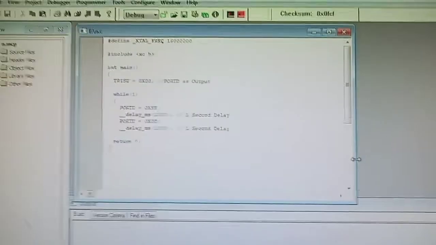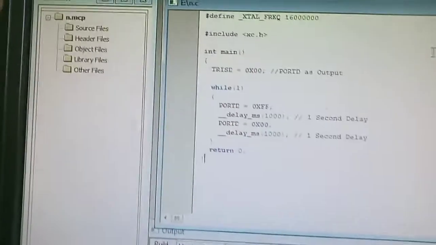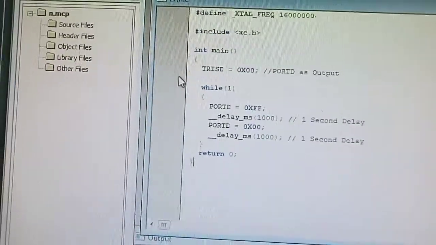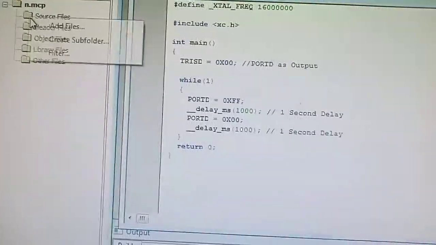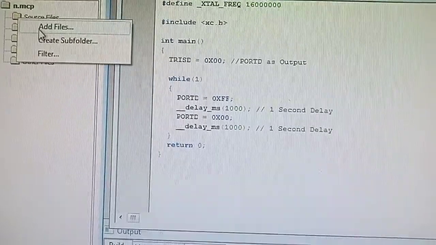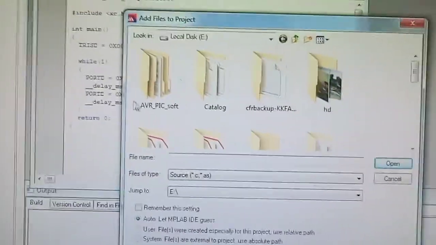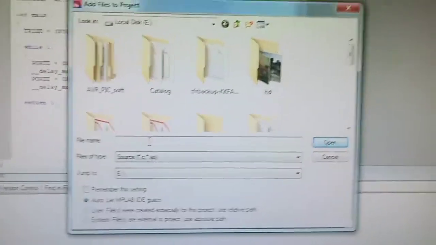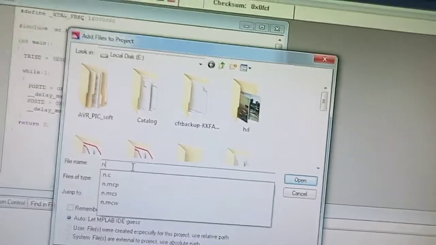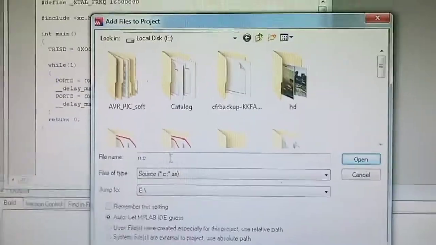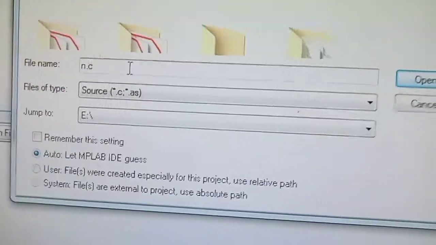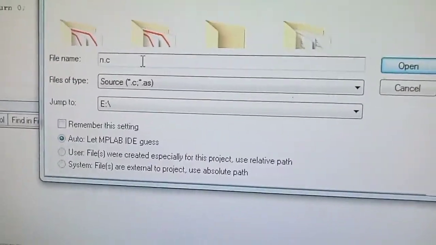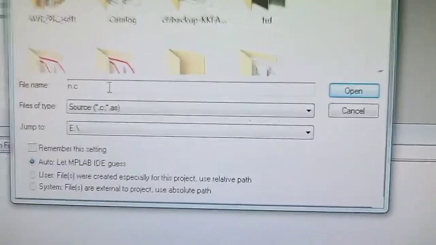Now go to your project window, right click on source file, this one. Now click on add files. The file which we have created already, that is N.C, we have to add in our project window. So hence we have to click on add files. See here, N.C, this is the file that we just created.